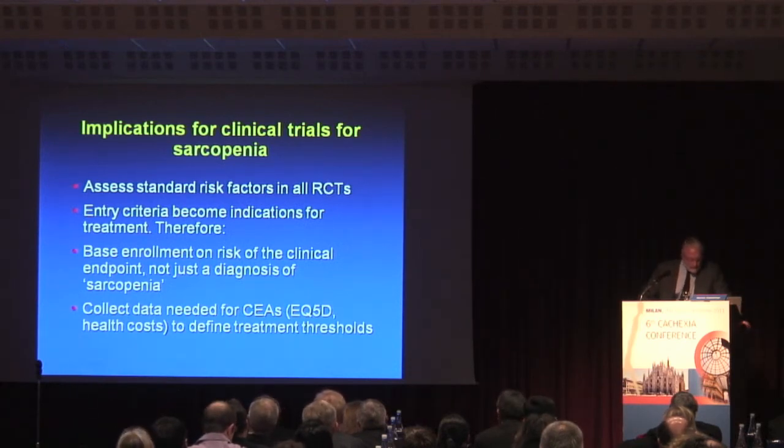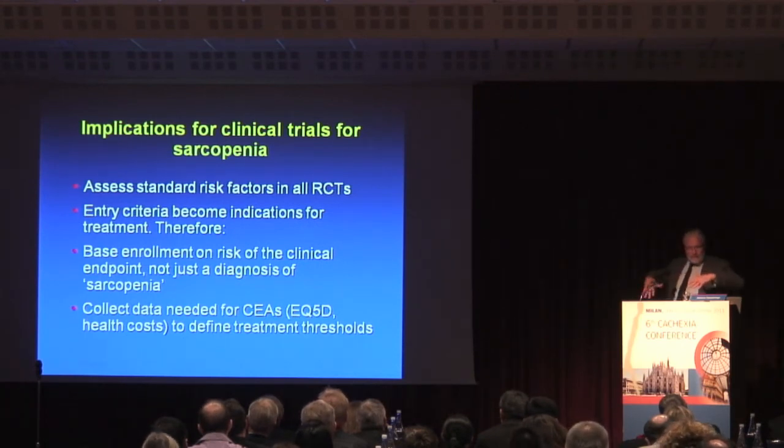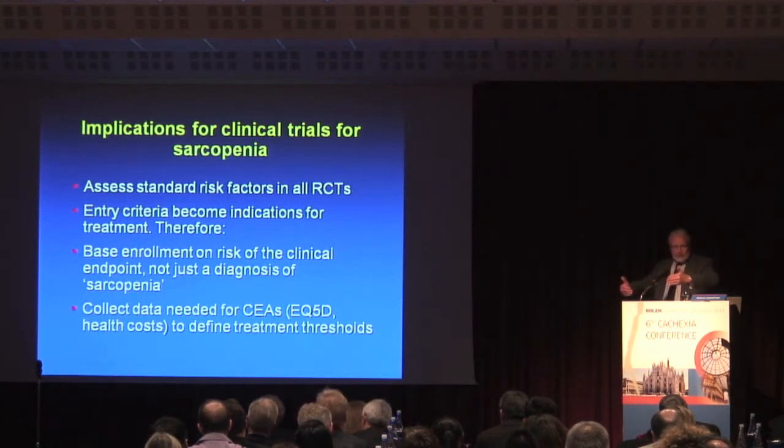criteria for the studies. And so it's led some of us to come to the conclusion that enrollment in trials should not be based on just bone density or a marker or measurement, but should be based on absolute risk of the endpoint, regardless of bone density. If that's where treatment is going to go, then that's where trials should start.